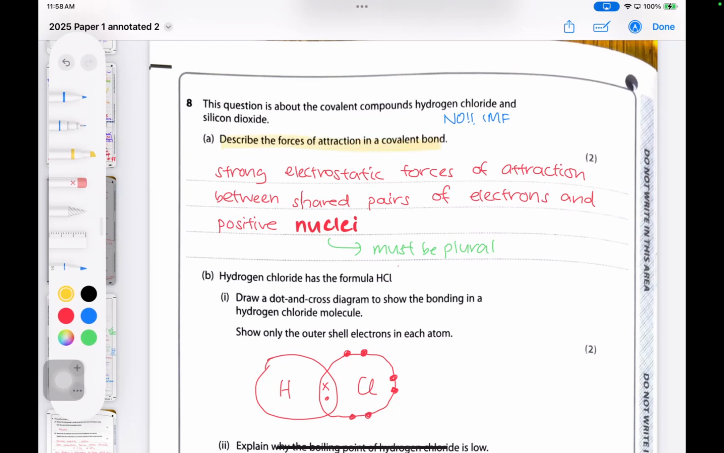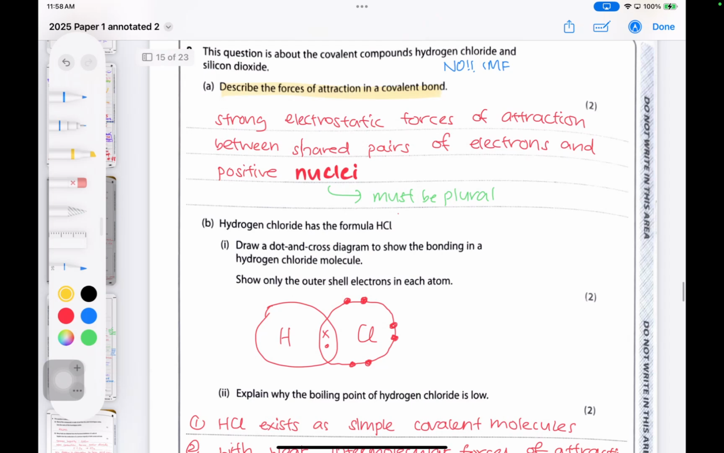If you've done enough past papers, you have seen this so many times. They want you to describe the forces of attraction in a covalent bond. So what we are trying to describe here is essentially this drawing that we are doing at the bottom. Okay, so this is a covalent bond. It is the strong electrostatic forces of attraction between two keywords that's upcoming: shared pairs of electrons and positive